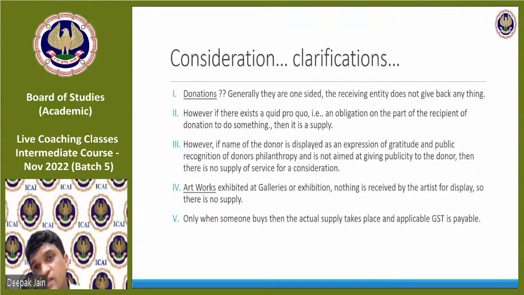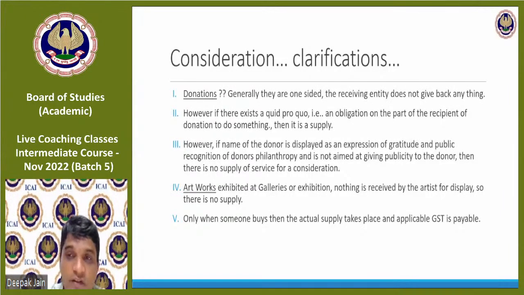So that 5 rupees is part of my product pricing, on which I would otherwise have paid GST on 20 rupees, right? So on 20 rupees I would have paid GST, but I'm paying GST on 15 rupees because this 5 rupees is coming from the central government or state government. Then I don't have to pay GST. But if this 5 rupees is coming from any private authorities, then this will be added to my consideration and I have to pay GST on the whole 20 rupees itself, right?